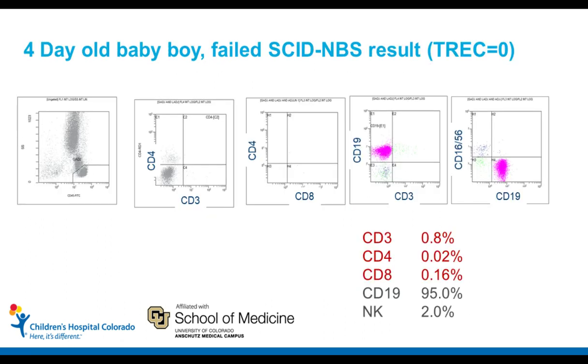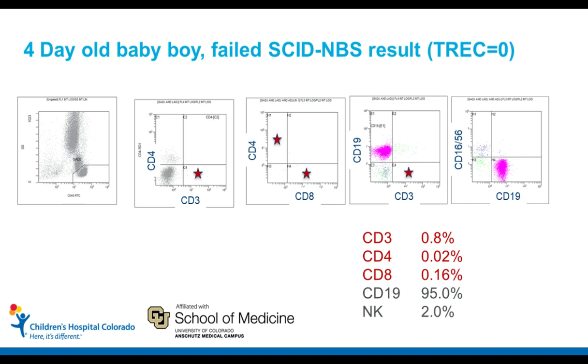So how does this help us when we're faced with a newborn screen SCID result that is low or zero? So this is an example from a 4-day-old baby boy who had a TREC level of 0, and a confirmatory flow cytometry test was run. Now, as you can see in the plots,